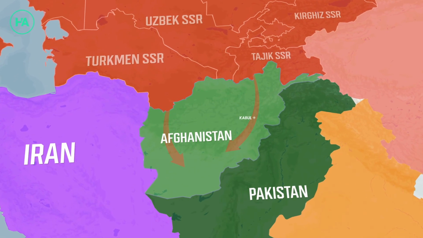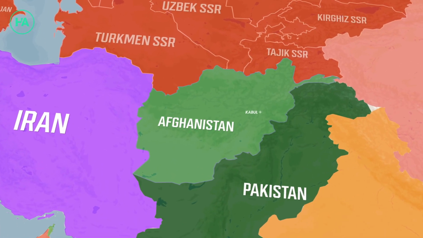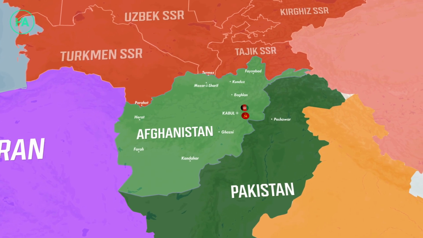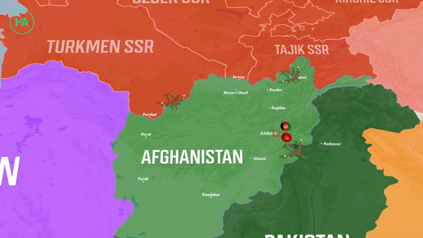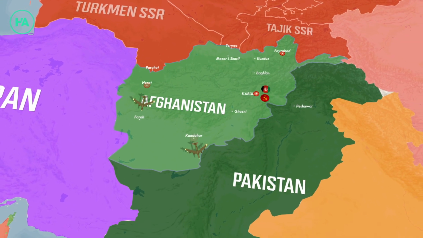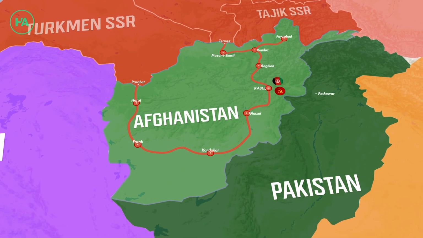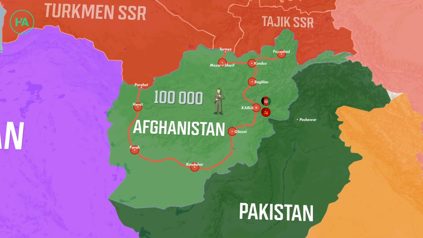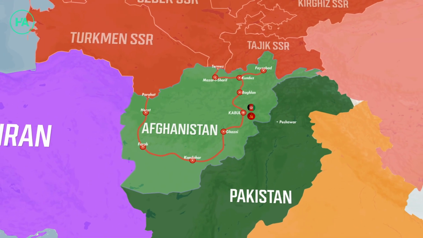How familiar is it? On December 24, 1979, the USSR began to march into the country's territory under the pretext of helping the Afghan government. Initially, special forces would be airlifted to Kabul and other major cities. Soon, other military units would be included in the territory of Afghanistan. In a short time, 100,000 Soviet troops took control of major cities and highways. But this was just the beginning of the war.